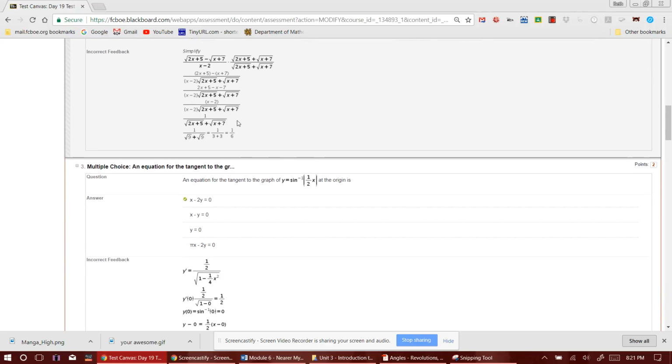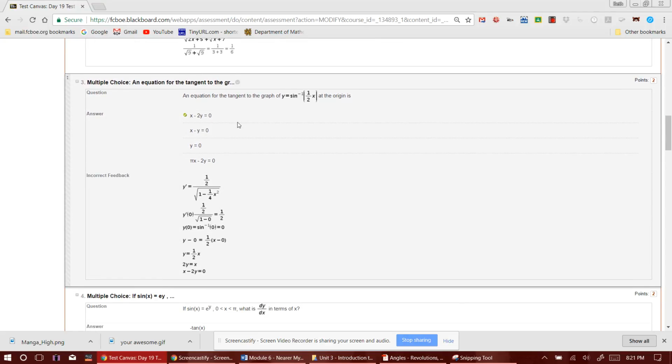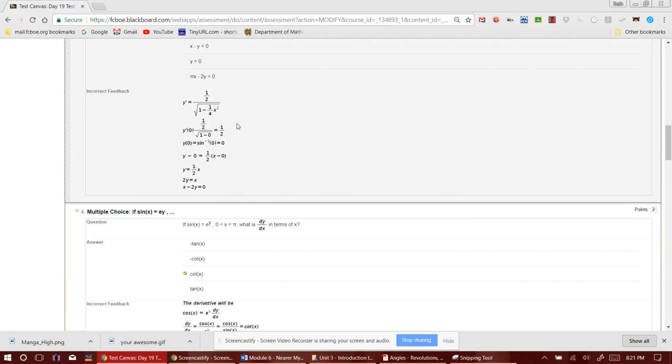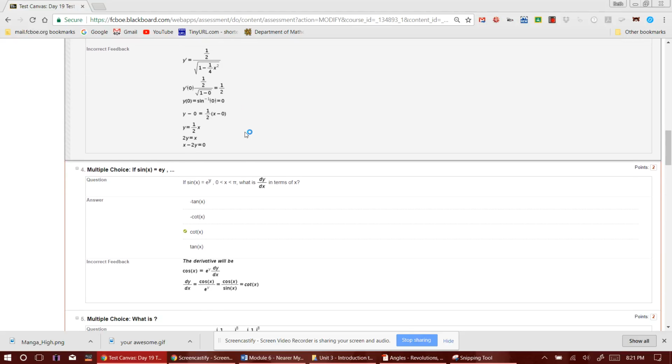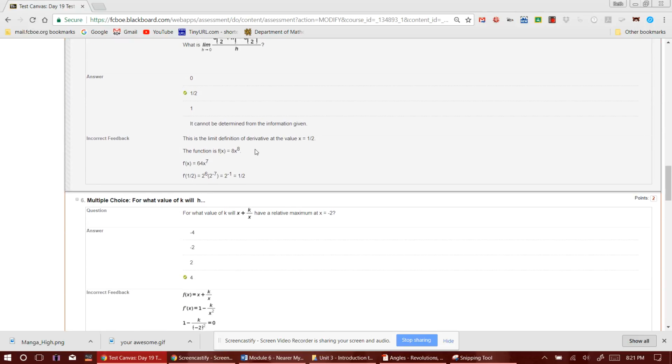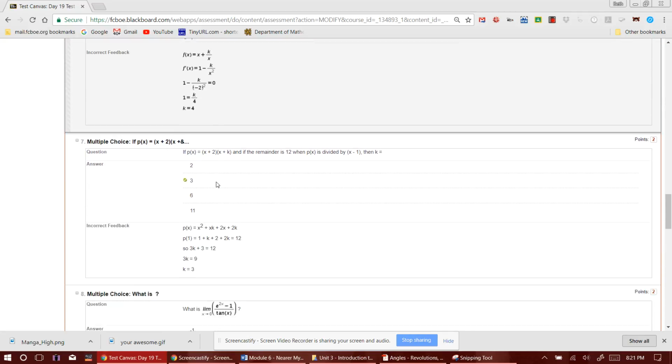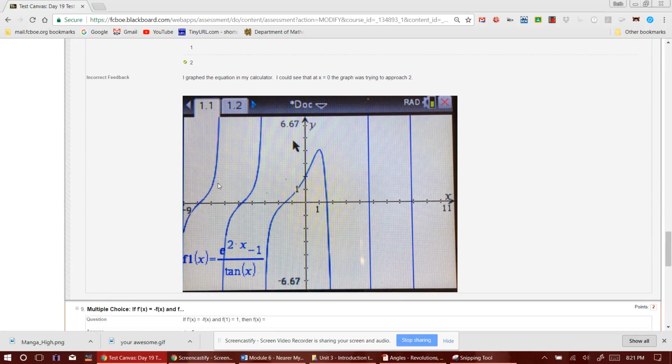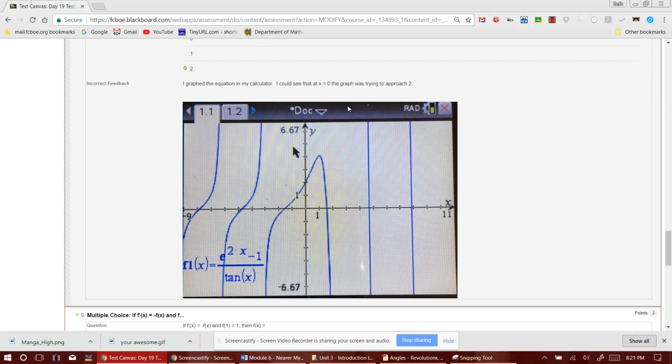You can notice that took me a little while to type in, but this also is more of a one-time deal, because if I choose to use this next year, all these questions are still here. I won't have to do it again. So basically I can create a question bank that I can go back into and pull these questions out for future use. So you can even see right here, I talked to the kids about how I graphed it